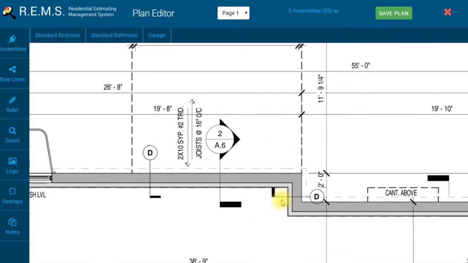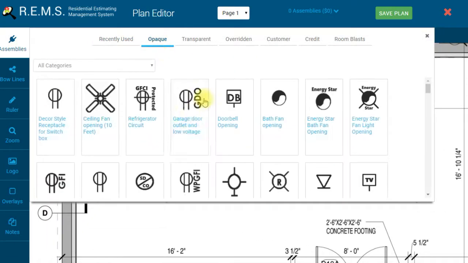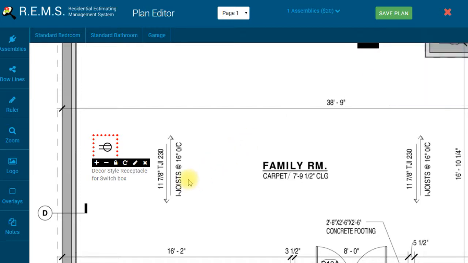So now the one thing that we need to do before we're going to use a room blast feature is we need to set that first icon. Now I've been in this plan already, and I believe I had them set. Yeah, I did, but I'm going to change that, and I'm going to lock it again. Relock. So if this is your first time in a plan, you're going to want to put 1 assembly on the plan and lock it before the room blast is going to allow you to work, because it needs to have already determined what size the icons are going to be as it works. So now that we have that locked,